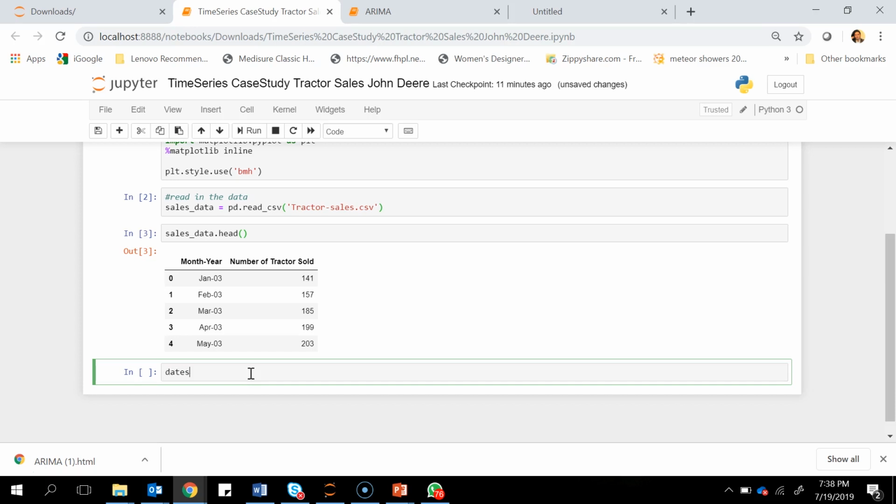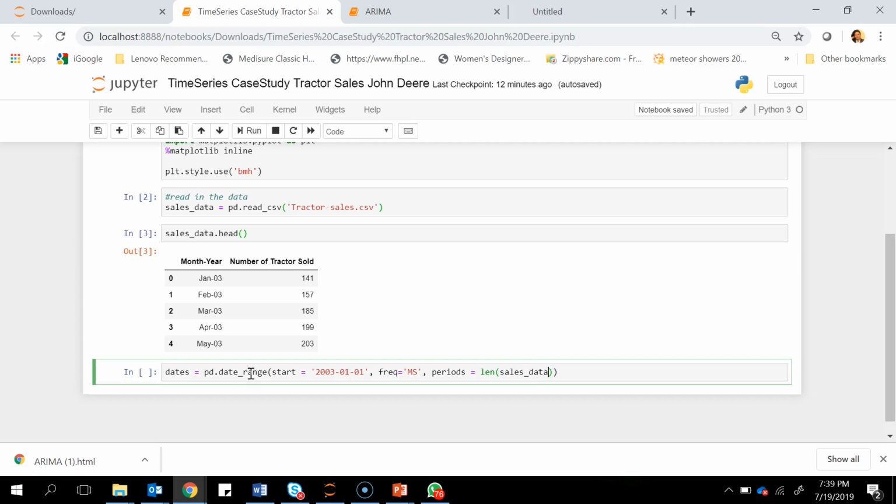So we'll say dates is equal to pd.date_range, start equal to 2003-01-01. The frequency that we are saying here is monthly, and that's why we're calling it MS. Then we'll say periods is equal to the length of sales_data, right?